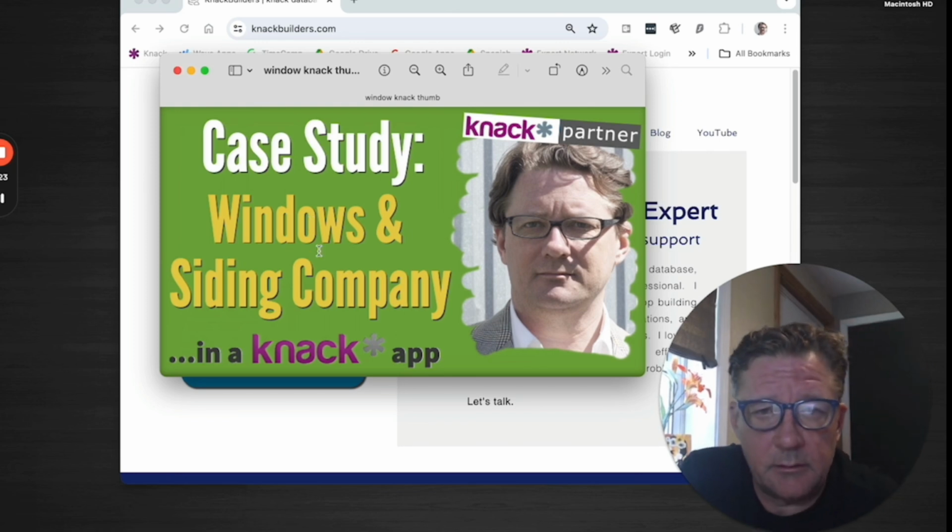And this, I'm not going to go through the back end. I'm just going to show you the functionality. Knack was able to do a real nice job with it, with what it has available for these folks. What it does is track all the leads coming in and manages them. They're assigned to salespeople. They have meetings, proposals. Some of those leads turn into jobs, and then this takes it where they can manage the whole job with